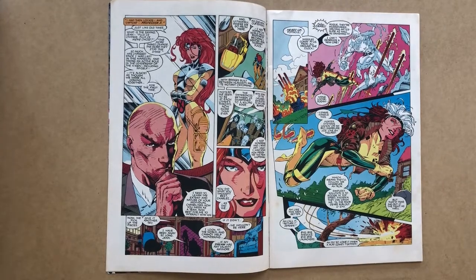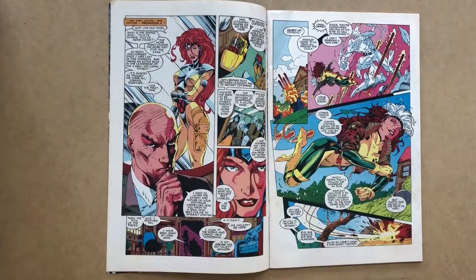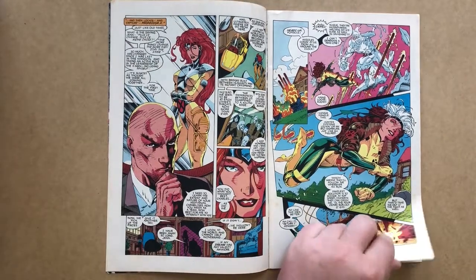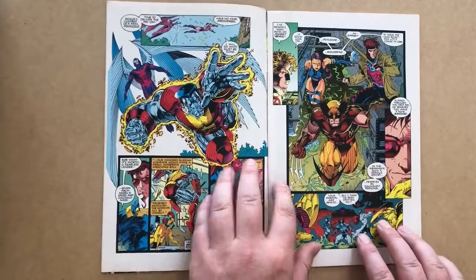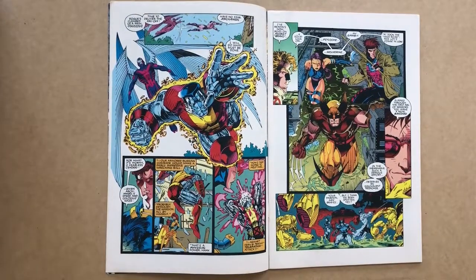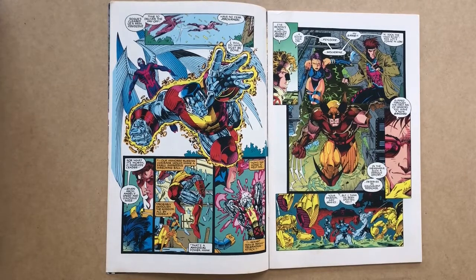strategy of Jim Lee throughout this double-sized issue, which is he has an anchor image on every single page. So here Professor X, Jean Grey, here's Rogue. On this page you can see it's Archangel releasing Colossus, who crashes through one of the windows into the mansion, into a room in which he believes he has found and is about to tag or try to tag Professor